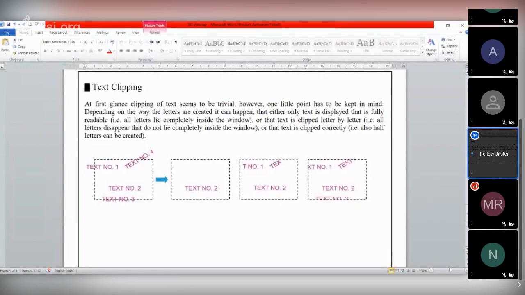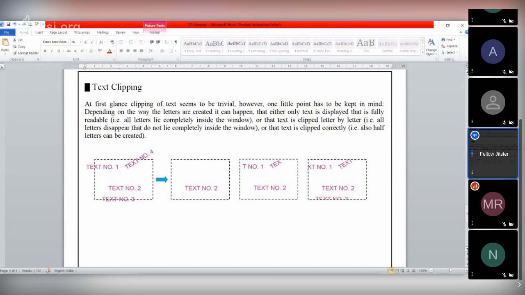Three types of text clipping algo. First one, all or none string clipping: you have to consider the string, the particular word, which is inside this window. If part of the word or string is not inside this window, or suppose half of it is inside and half outside this window, we will not consider this string.